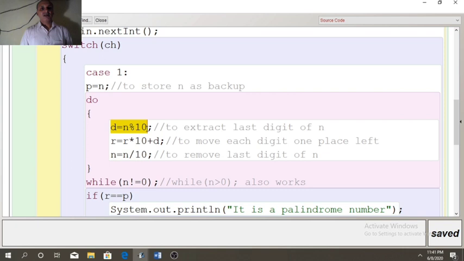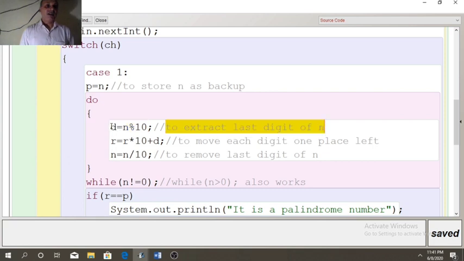So these two lines are very important. N by 10 will remove the last digit and n modulus 10 will extract the last digit of n. It is used in many programs.